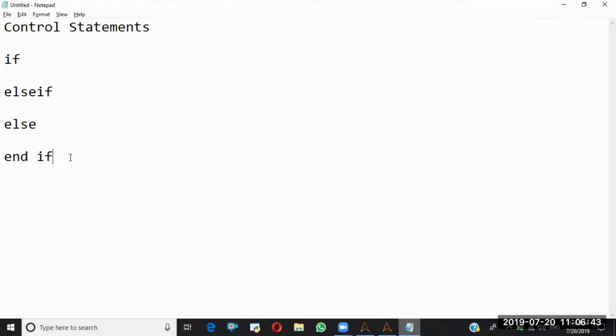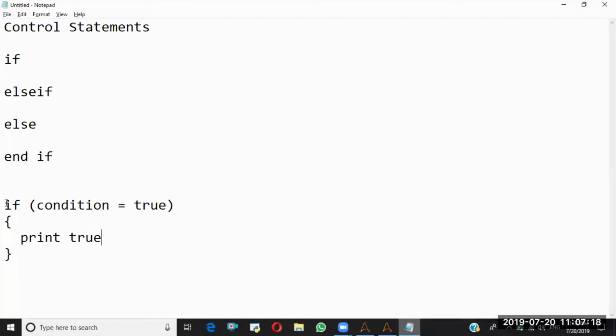Okay, let me start. First of all, I'll write the syntax. If condition equals true, then it will run this block. Print.